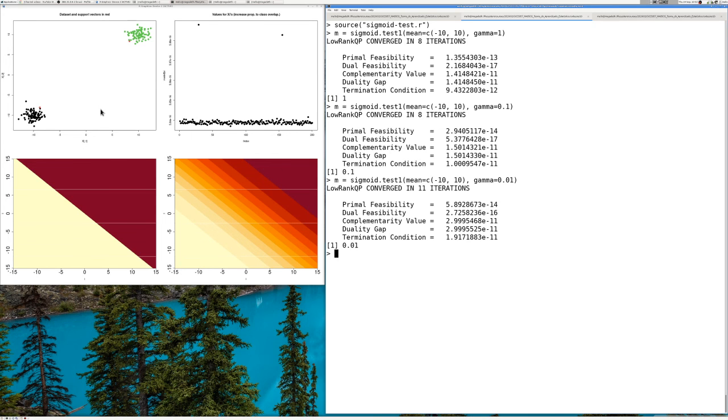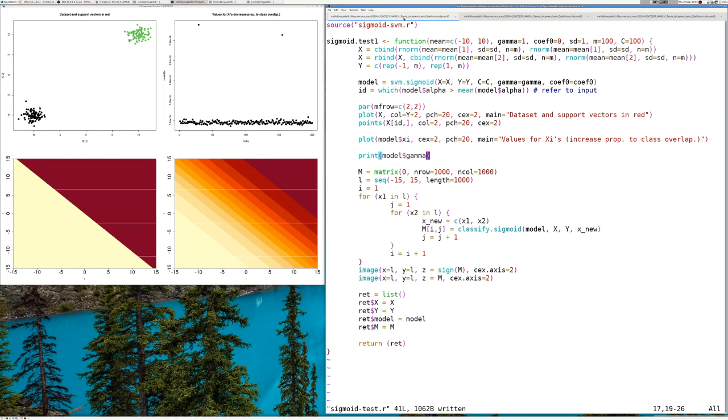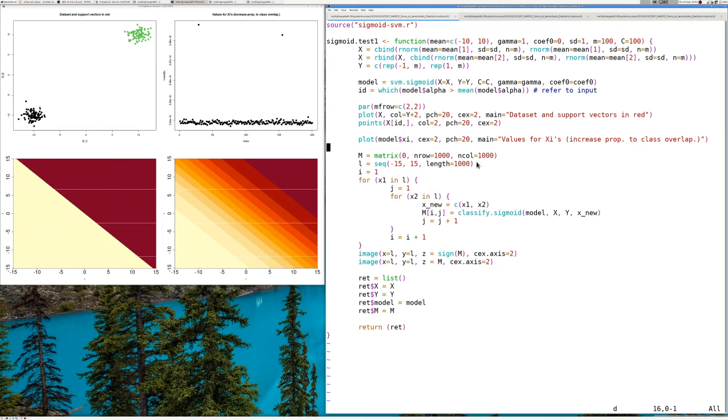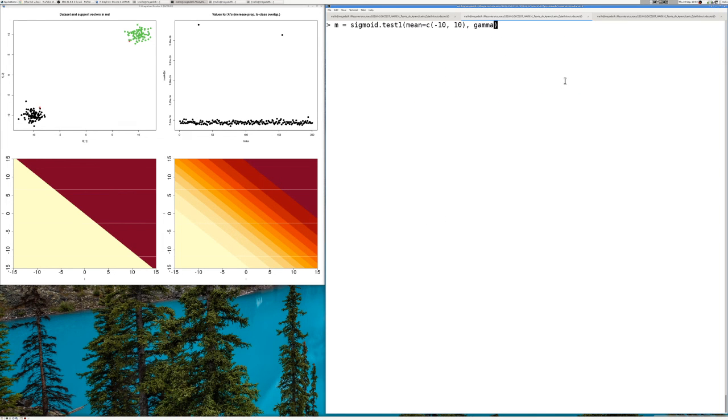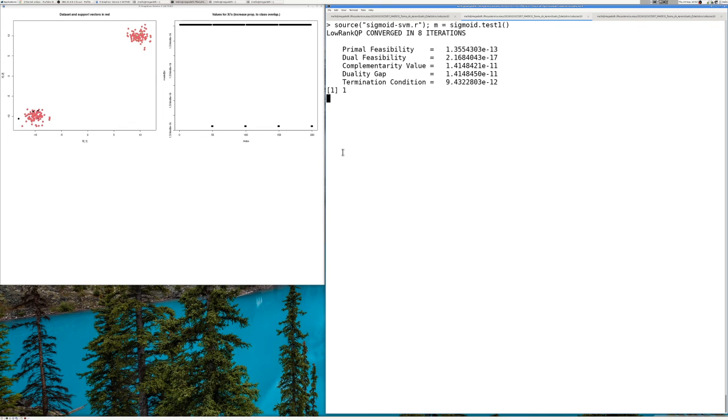Okay? Of course, we can adapt the parameters and test for different parameters. I'm going to leave you guys with gamma here set up as 0.1, so you can test it just like this. You can just load your code, actually the code we wrote together, sigmoid support vector machine, and test. In this scenario, of course, you're gonna get 1